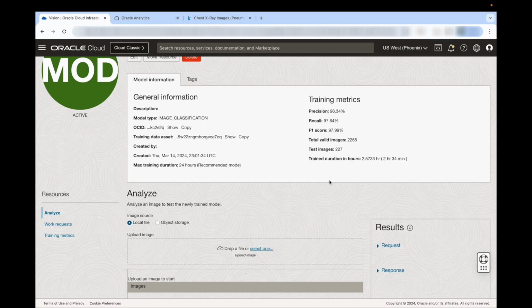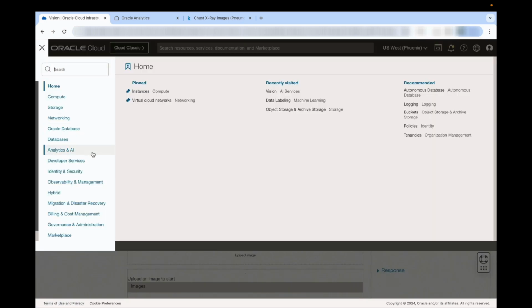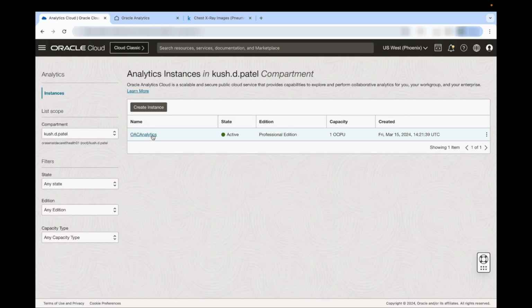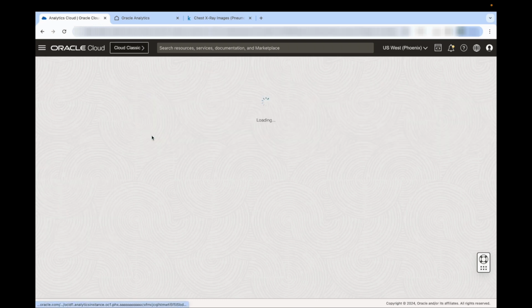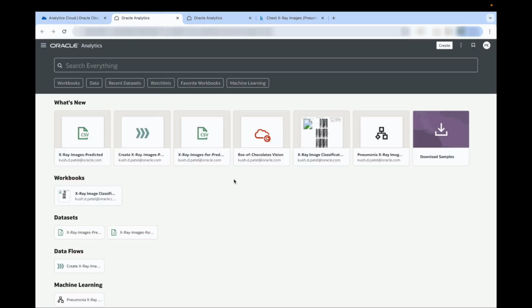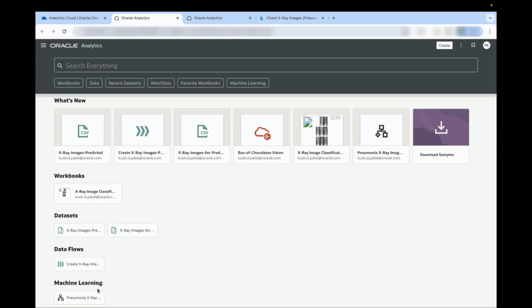Now you will have a question: how can I import this to the Oracle Analytics service, right? Again, I'm assuming you are familiar with how to create the instance and those things. So I have created the OAC Analytics instance, and if I go to the home page of my Analytics Cloud, there you go. Here first you can see my model which I have created under machine learning. Then I have created the data flow for that model, and the data set that I have imported, and finally I have created my dashboard or workbook for the demo, right? So to show you how to import the machine learning model,